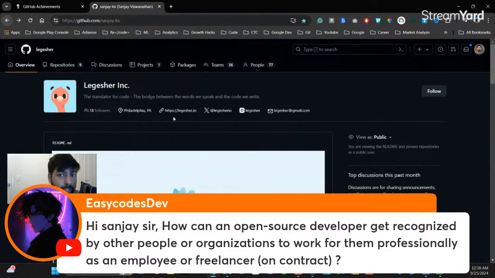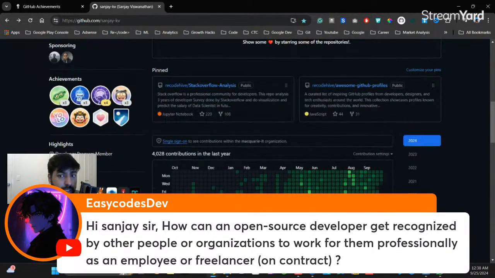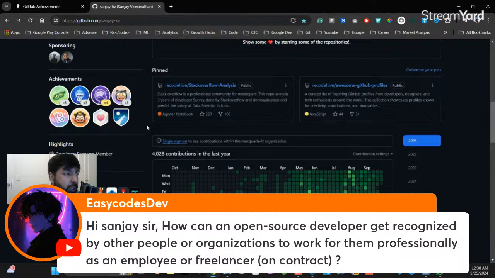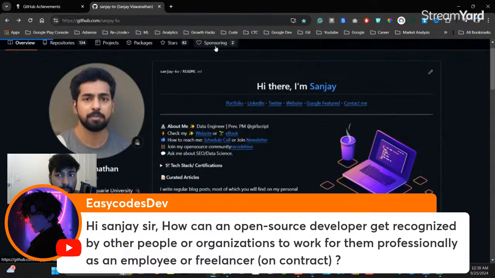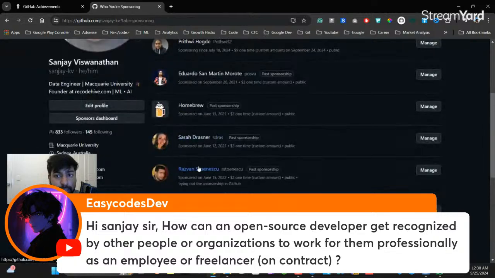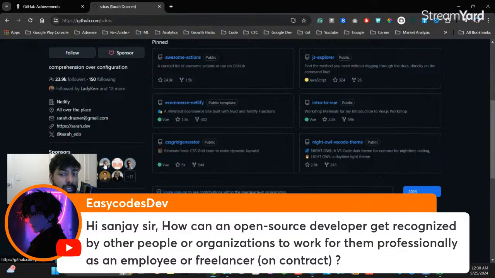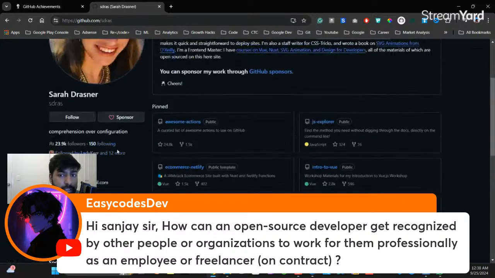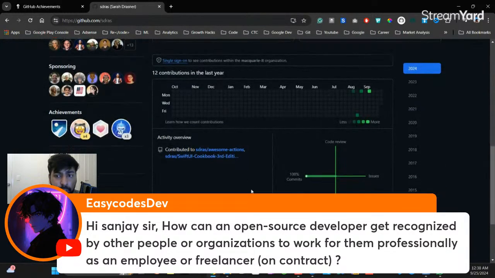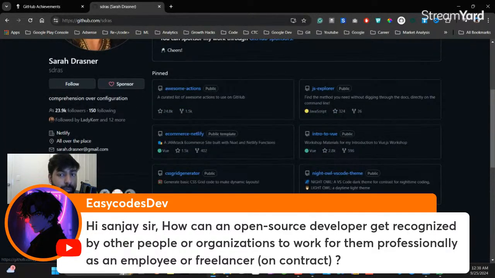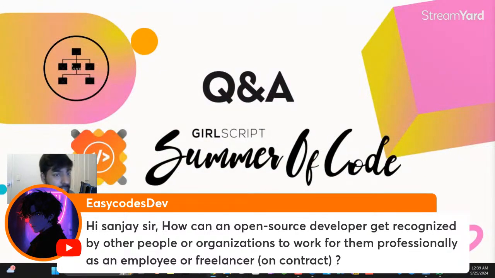Once you start contributing to a lot of organizations and projects, some of the projects are looking for people to contribute, and for your contribution, they will be sponsoring you with money as well. Let me take an example over here. This is how you can scale up as a freelancer. Let me take a developer here. You can see how many sponsorships she is getting just by doing her work. She is contributing to projects like SwiftUI, and she's getting a lot of sponsorship from that particular repository. So this is how you can scale up as a freelancer inside GitHub.